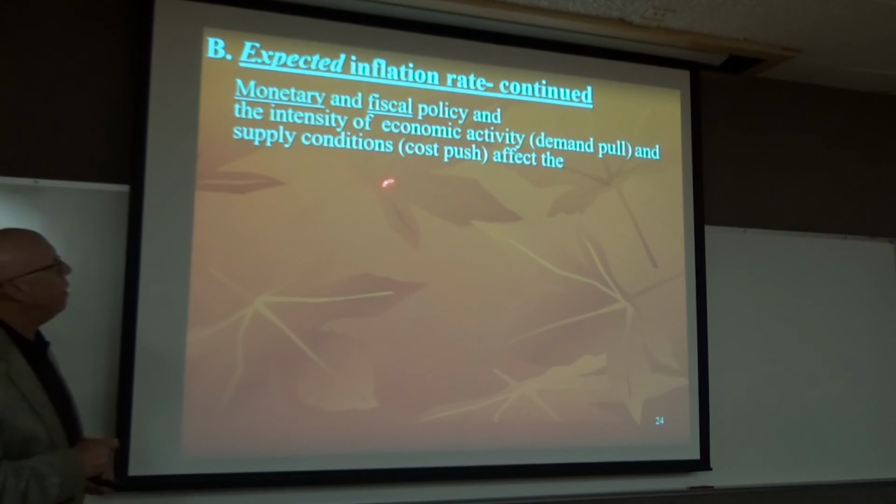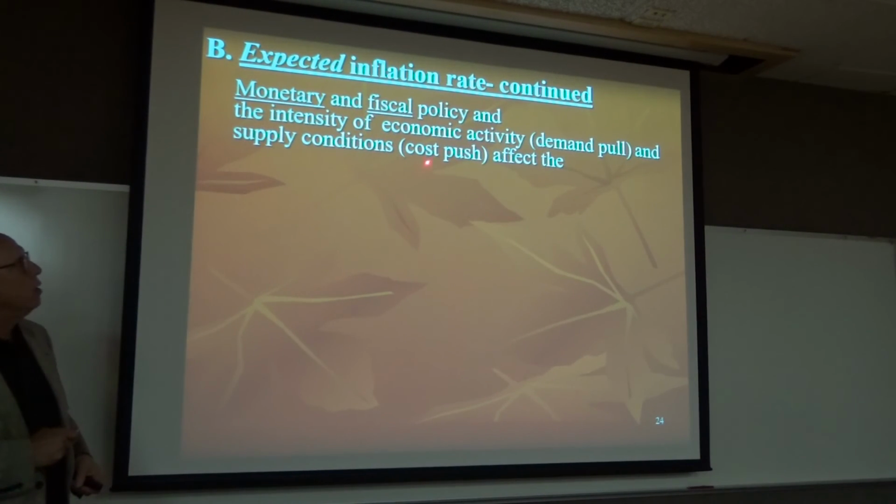And then supply conditions. If we have a terrible drought and grain has to be harvested before it dies, that grain will be pushed through to feed cattle, and the supply of grain will go down, the cost of grain will go up, and cattle cannot eat anymore because the cost of grain is so high, and cattle will be taken to market, and at first beef prices will go down because supply in the market will go up, and then it'll all go up, and we'll have rising grain costs and rising beef costs, and we'll have what's called cost push inflation.